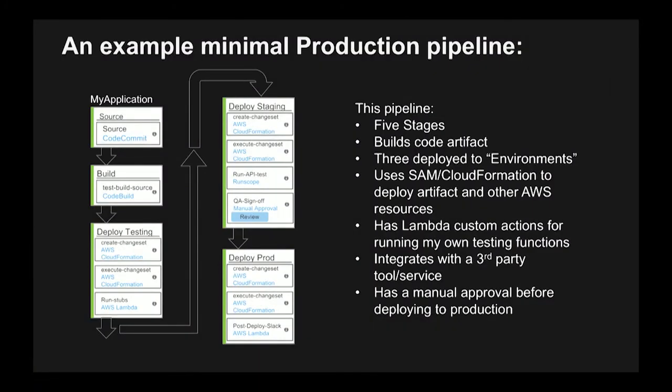So we took the dev pipeline, and basically now we're building onto it 2 more stages for the rest of what we consider maybe a very simple, in my mind, production pipeline. In this case, we've added 2 other stages. We have a deploy stage, and then we have a deploy prod stage. And again, making use of CloudFormation, making use of third parties to test our application as it goes through this.